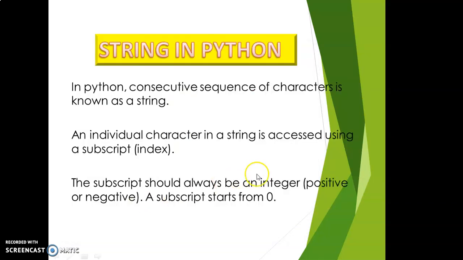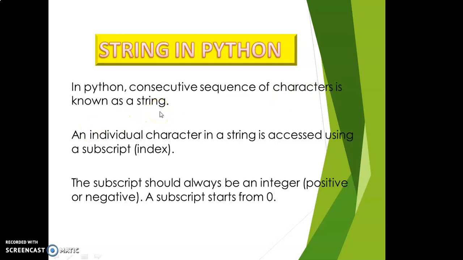So first, string in Python. A string is a sequence of characters. We have already discussed it. In Python, a consecutive sequence of characters is known as a string.